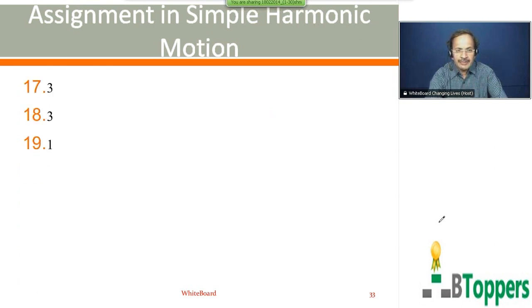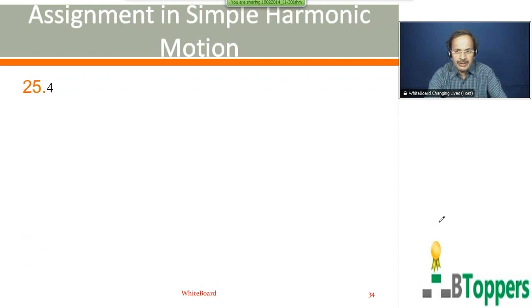For the next two questions, 17 and 18, third option is answer. For question number 19, first option is answer. For the next two questions, 20 and 21, second option is answer. For question number 22, fourth option is answer. For question number 23, first option is answer. For question number 24, third option is answer. If you want to copy the answers, you take the pause and copy the answers.